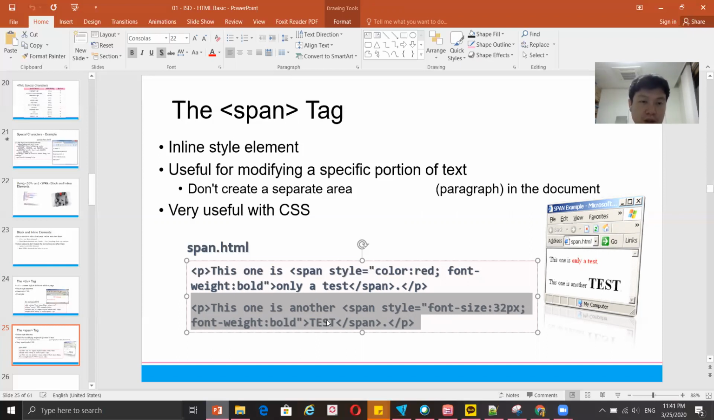You will not need to create a separate area in the document, and it's very useful if you are combining it with your CSS. Okay,